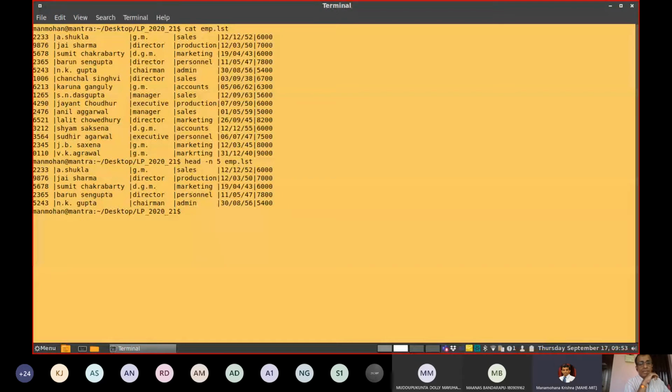of first 5 lines. Now, let me use a pipe command now. One output is displayed here in the monitor. It will be displayed in the monitor. Now I want to take another stream, the same output, I want to do something else, say with the pipe command. Okay, this is the pipe command.